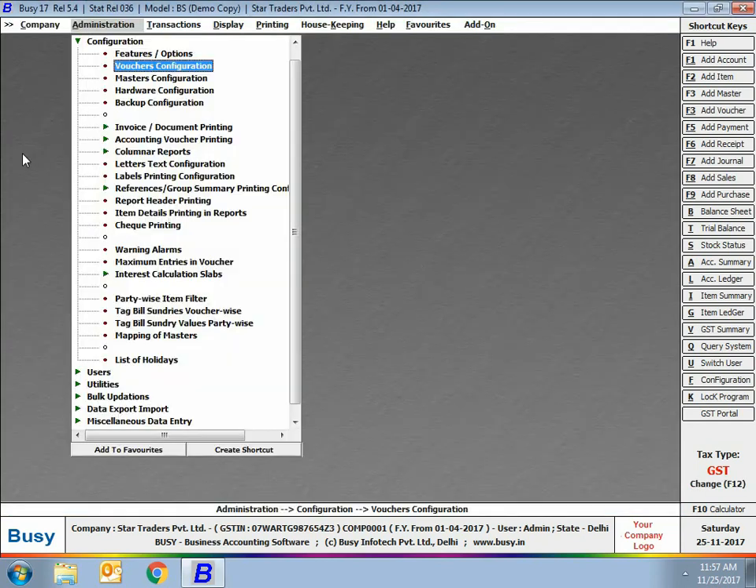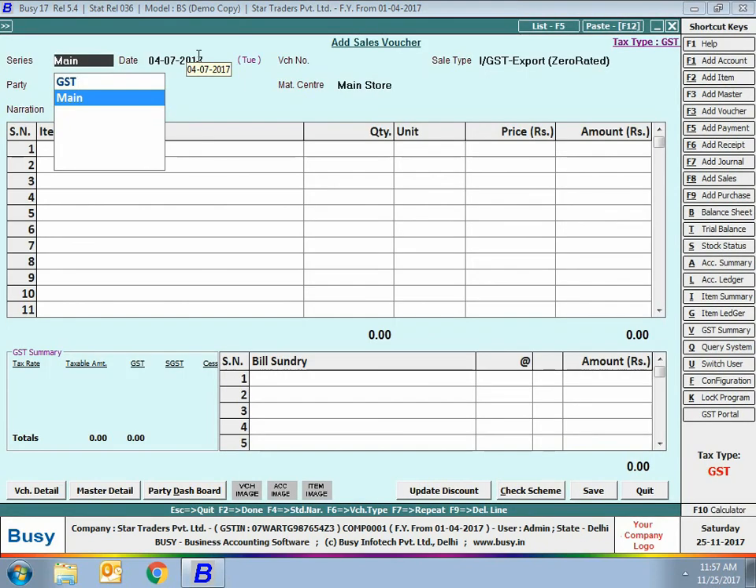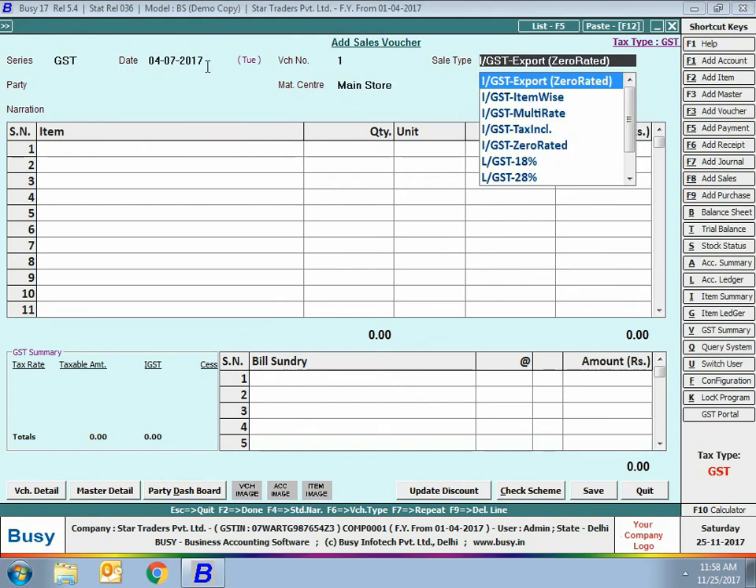Now we will go to transactions sales add option. Here we are selecting the series as GST. You can see earlier only main series was appearing. Now as we have created GST series, so two series GST and main are appearing. Specify voucher number, sale type,